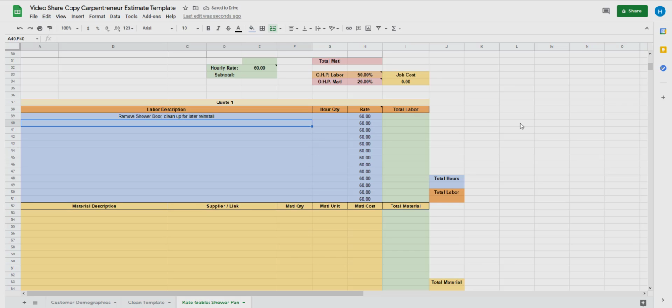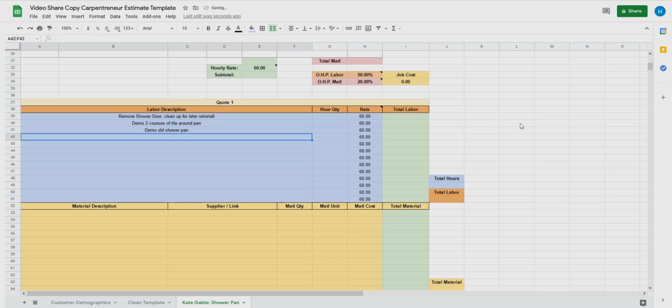Once the shower door is removed, I'm going to demo 2 courses of tile around pan, tile and backer, and then I'm going to demo old shower pan, clean out old mortar bed. All right, and that kind of gets me down to the studs and then down to the subfloor,